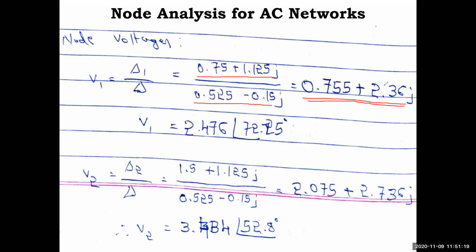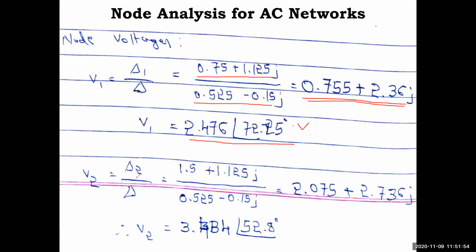Now you use the polar to rectangular conversion. I have shown you previously, keep the calculator in complex degree mode, in the mesh analysis for networks video, where I have done that. So just remember. Enter the values in a plus bi form, then press shift and the plus symbol, which is above r at an angle theta. You'll get the answer 2.476, and then press shift equal to and you'll get the angle 72.25 degrees. You have to write the unit here also, volt.